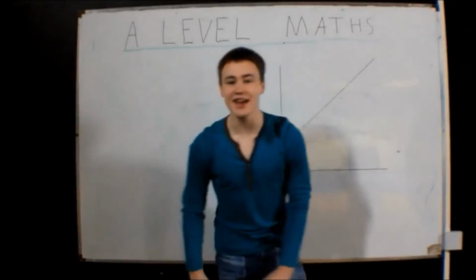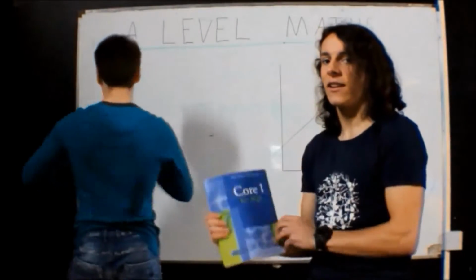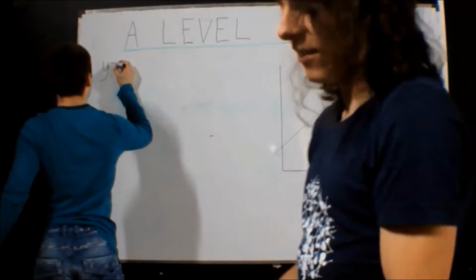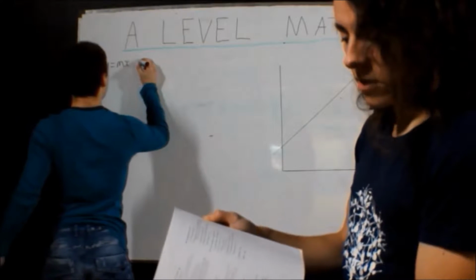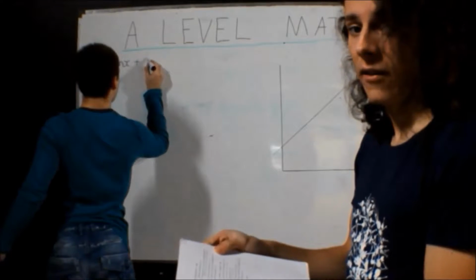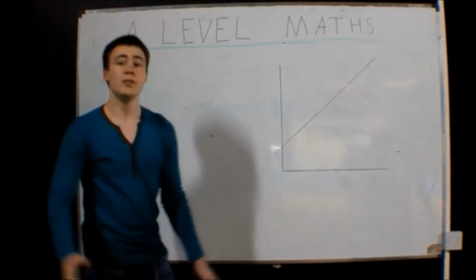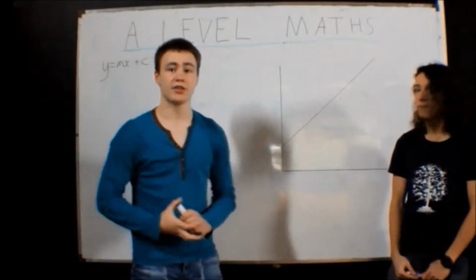Hello and welcome to A-Level Maths. First we're covering Core 1. The beginning of Core 1 is about linear graphs: linear graphs and equations, finding the equation of a linear graph, problem solving with linear graphs, and simultaneous equations with linear graphs. Revision from GCSE: a linear graph is really just a straight line graph, and the equation for